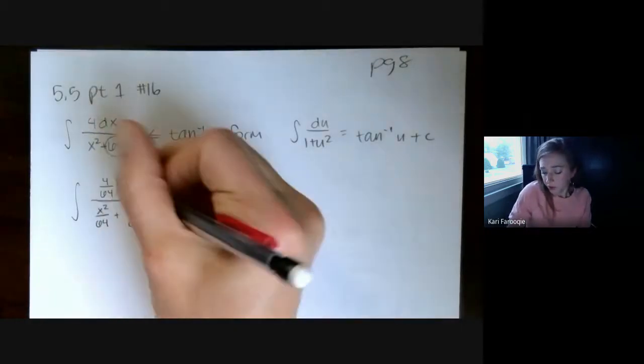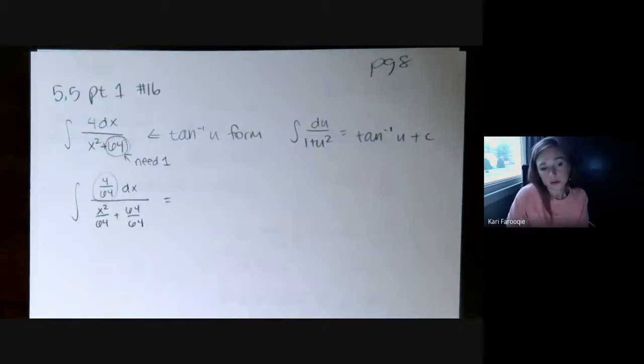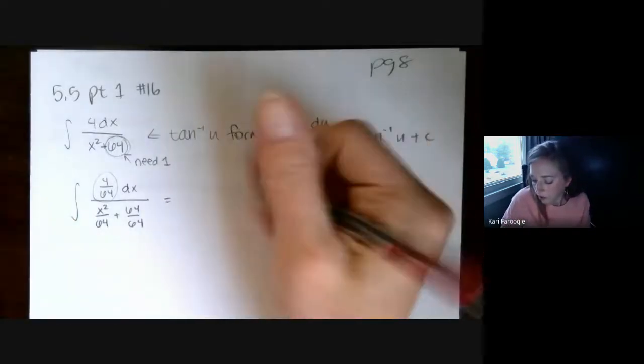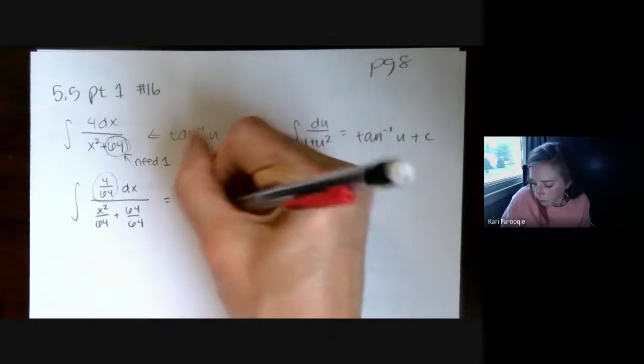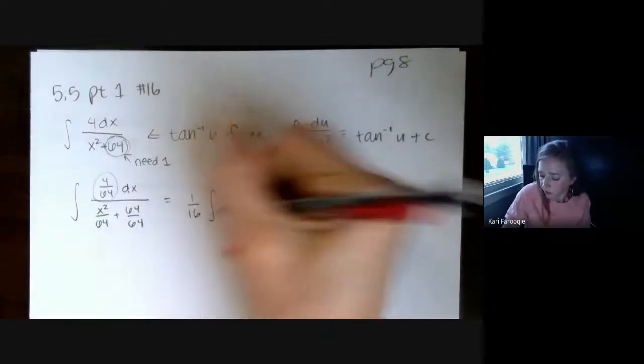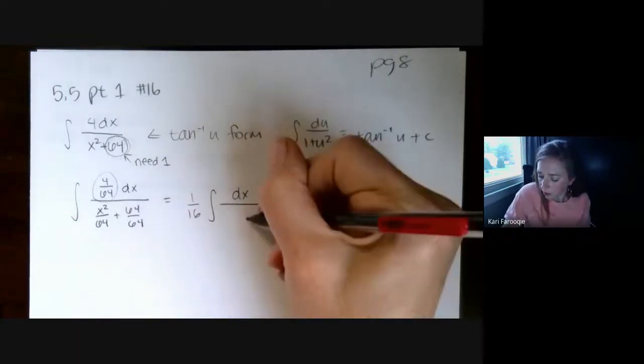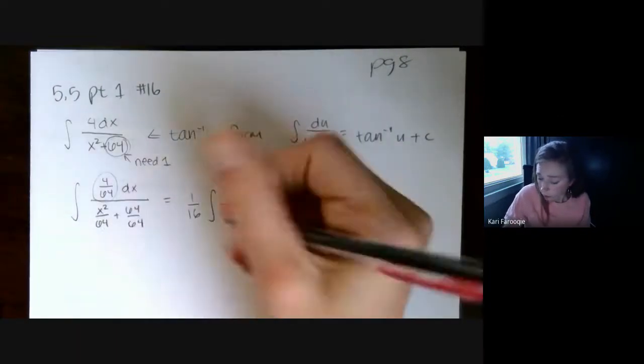You can move this as a constant multiple in front of the fraction. I might do that. You might want to put it back later. It's up to you. Like I said, it distracts me, so I like to get rid of it. 4 goes into 64 16 times. So we'll write that as 1/16 dx divided by,